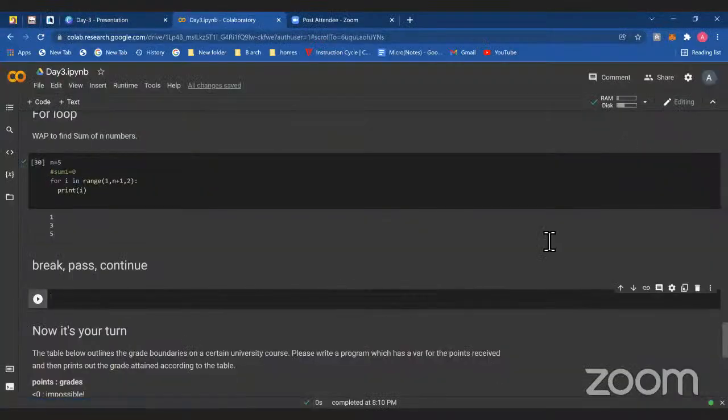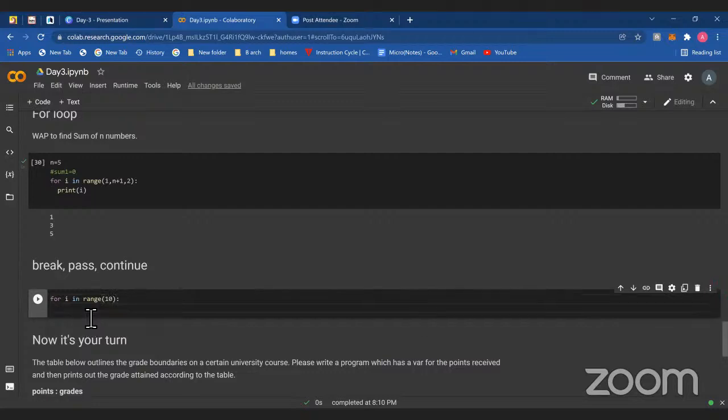Okay. See, now we are going to do this. So let's make a for loop for I in range 10. Okay. And if I am using one condition,